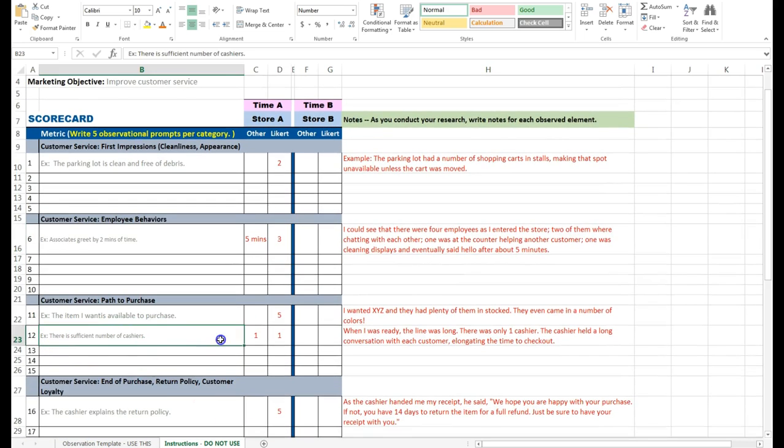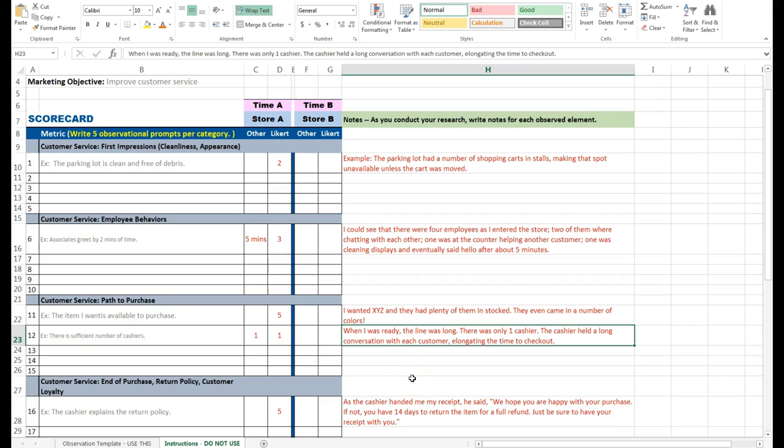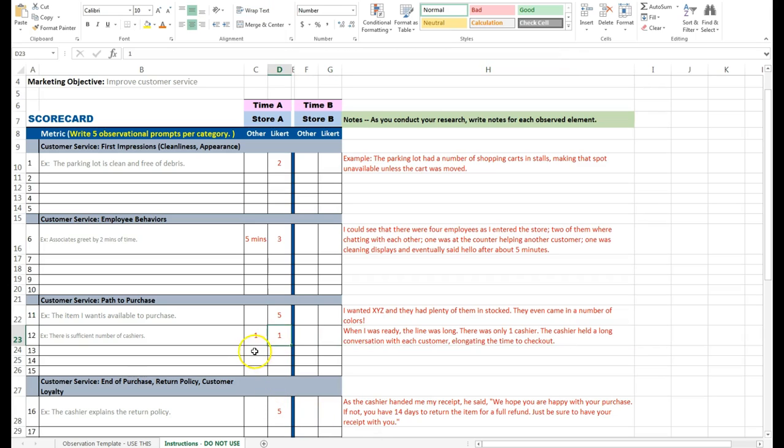All right, so another example of where I use other is there's a sufficient number of cashiers, and I put, well, they only had 1, and so I gave them a 1. Why? Because when I was ready, the line was long, and there was only 1 cashier. The cashier held a long conversation with each customer, elongating the time to check out. So having a long conversation with the customer while there's a long line is generally not a good idea. And so I gave them a 1. And I put 1 here so I could remember that there was only 1 cashier, and that's why they got 1. And I put context in here